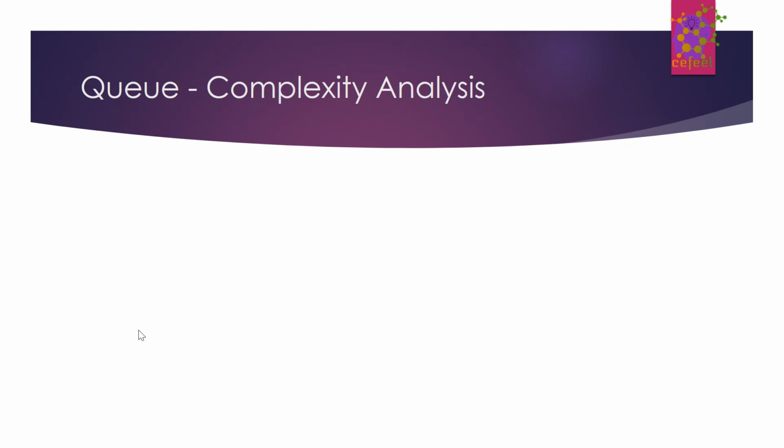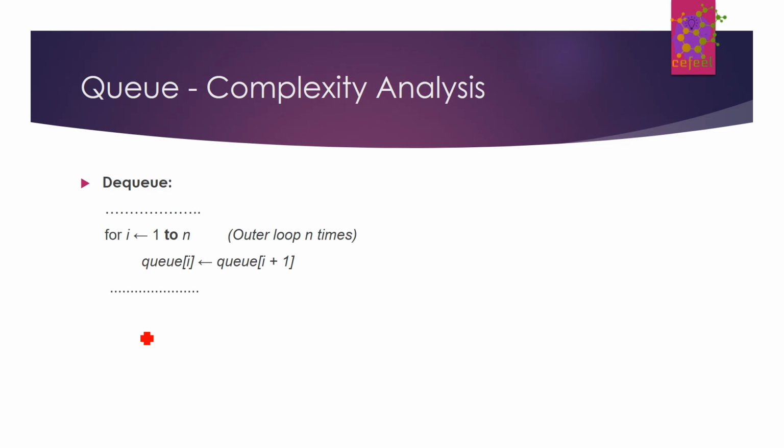Next, let's go ahead and see the time complexity of each of these operations. We'll just discuss the dequeue operation in detail, because if you remember, in enqueue we are actually doing nothing much. We are just adding one item, but it's the dequeue which is a little complicated. So let's first analyze the dequeue method. The dequeue pseudocode looks like this. There is only one for loop, which more or less runs from 1 to n, where n is basically the size of